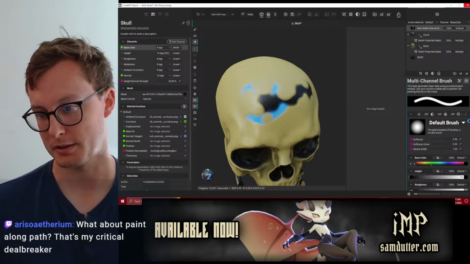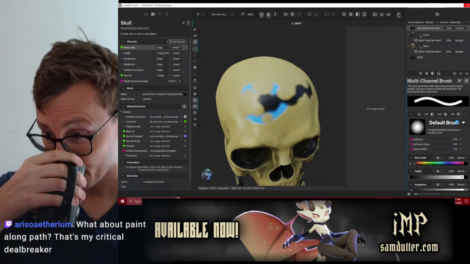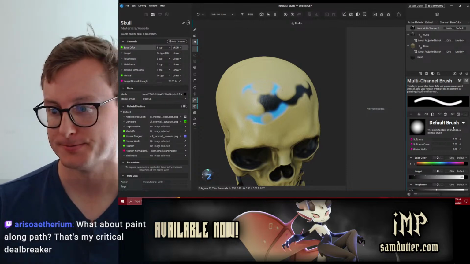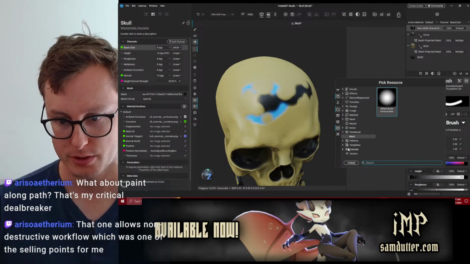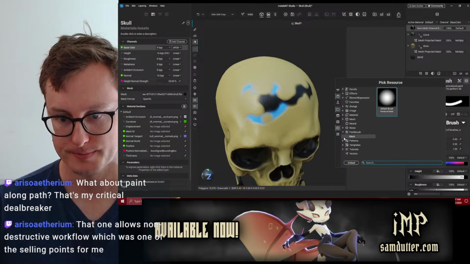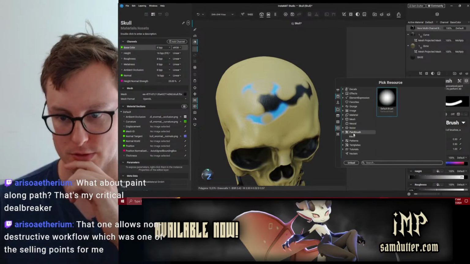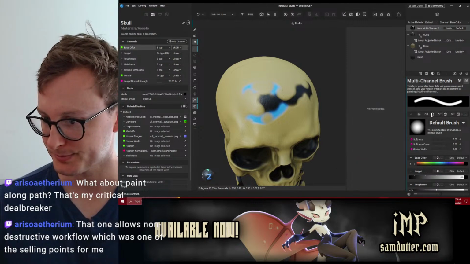Well, I clicked this little drop down and now it's lagging. Oh, let's see. There we go. Paintbrush. Just the one. Vectors. No, I want a paintbrush. Oh, okay, just the one.